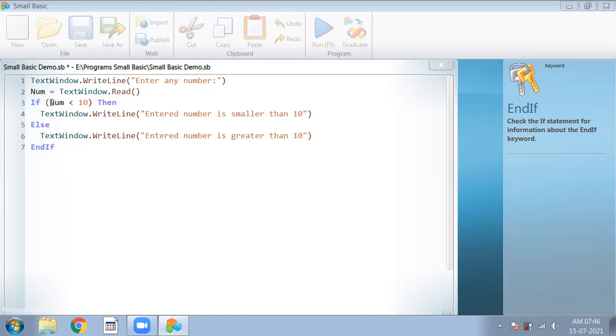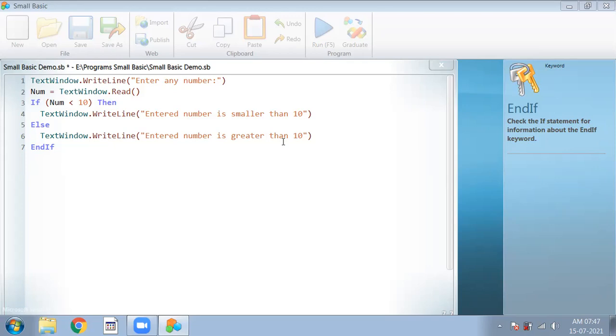If it is less than 10, it will display a message here. If the condition is checking that the number is less than 10, that means 10 is greater than number. In the second, else case, it will display entered number is greater than 10. If we enter any number greater than 10, then it will display the else part.